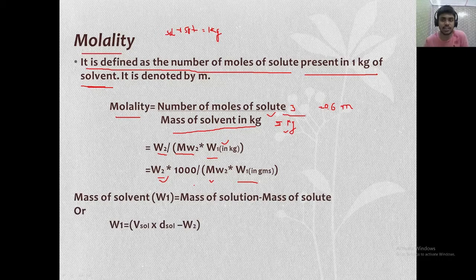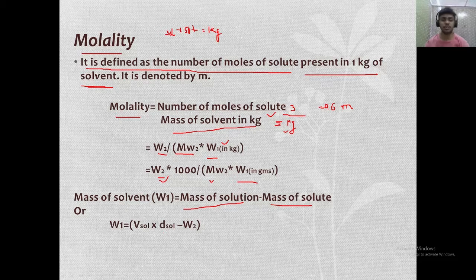Okay, now one interesting fact is the mass of the solvent. How will you calculate the mass of the solvent? Suppose you have dissolved the solute in the solvent, and before that you forgot to measure the mass of the solvent, and you have mixed. Now what will you do? Now you have to measure the mass of the solvent in particular, not the solution. So you must do this: mass of the solution minus mass of the solute. That's the way left. So what will be the mass of the solution?